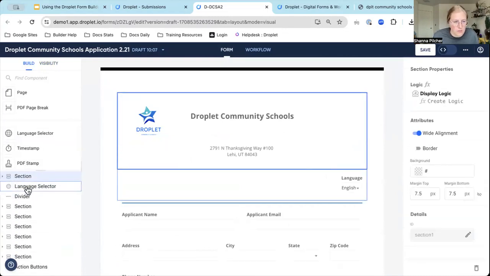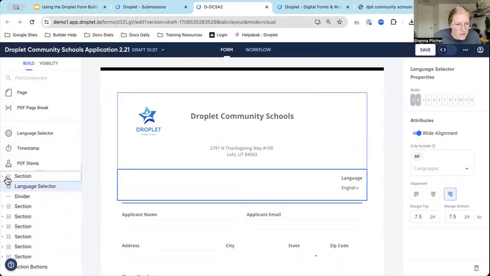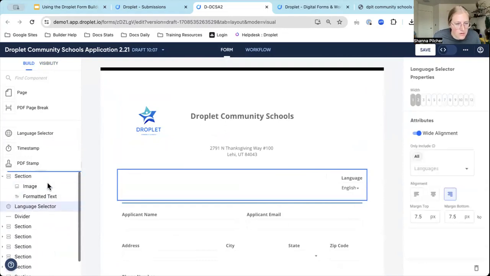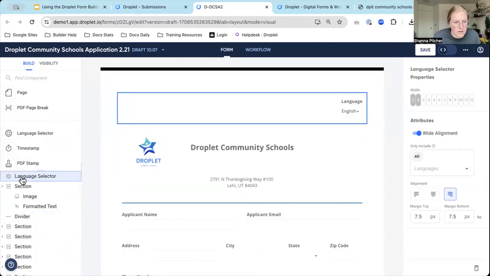Within this section, or I probably just want this at the very top. They can select their language here. I can adjust where I want this oriented on the page, aligned on the page. And if I save that,